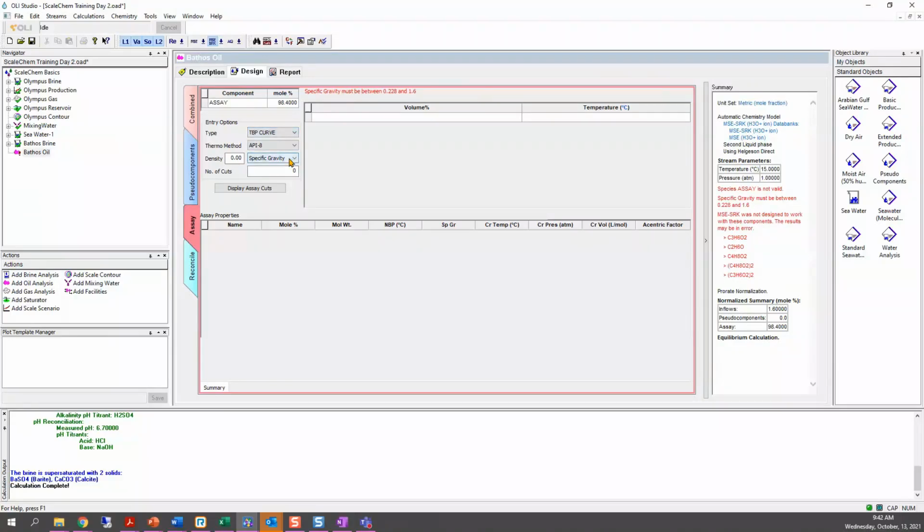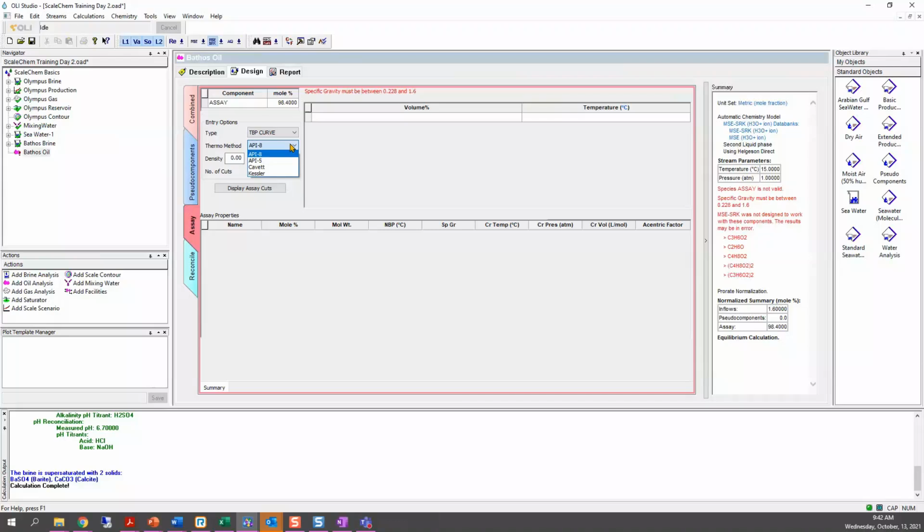Okay. Then we need to define the thermo method. Again, there are options here. And the thermo method is what the software is going to use to convert the experimental curve, the TBP curve, into pseudo components, and with that thermo method we are going to calculate the properties of those pseudo components.